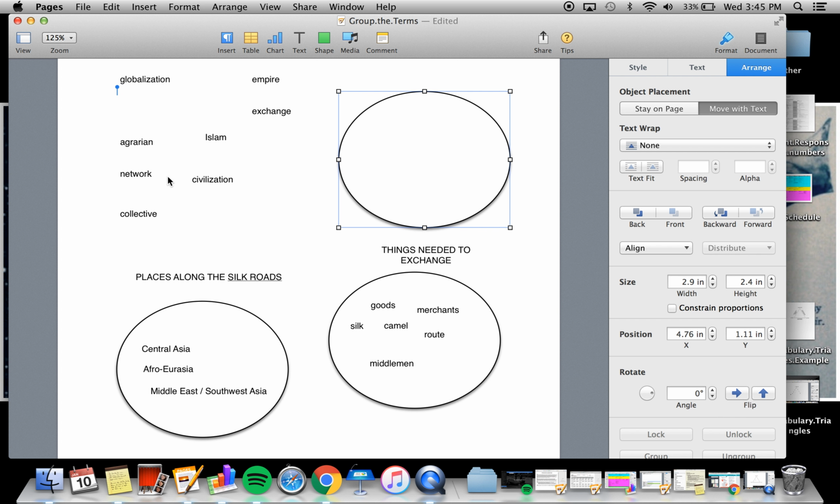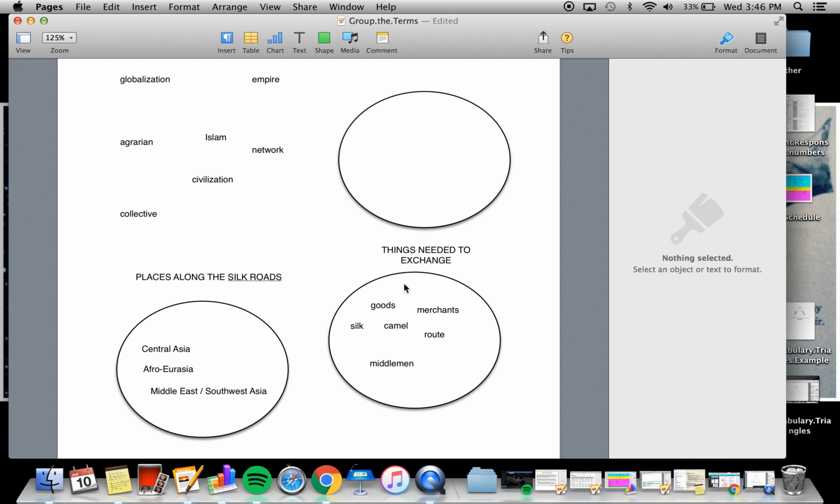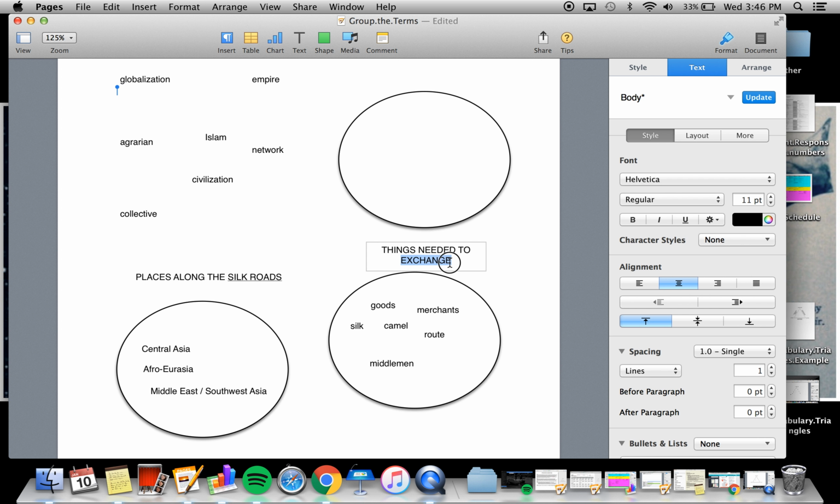When I'm looking at what we have left, I feel like network, collective, and globalization all kind of go together because they talk about working together. And I can actually delete exchange because I use it here. So hold on, I'm going to do that. Delete exchange. Underline exchange here to show I used it. And then I'm going to put network, oops, not Islam, network, collective, and globalization together. And I'm going to title it